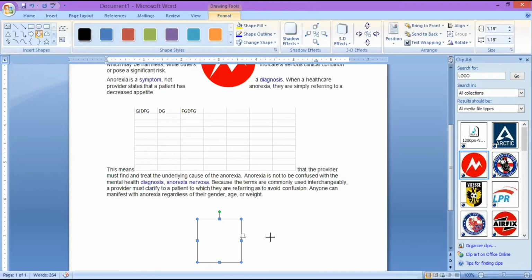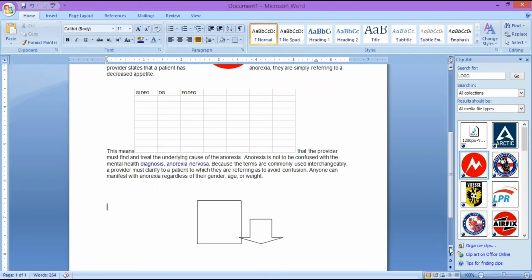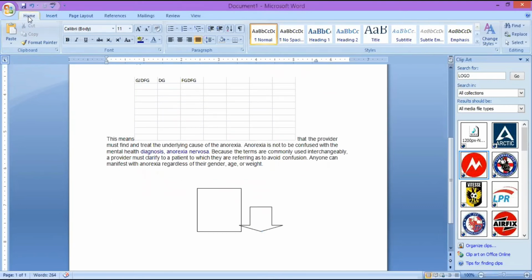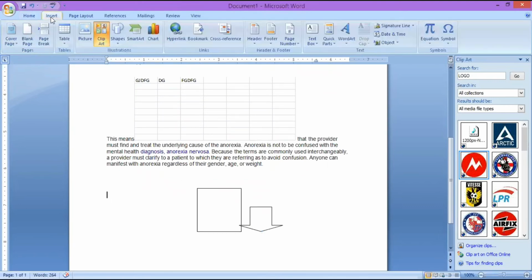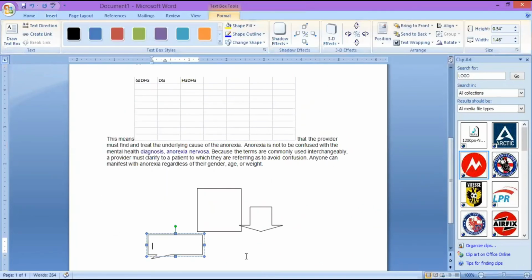If you want to use an arrow mark, you can use this. Especially this is used when you go for a drawing or a flow chart in your document. You have different shapes here. Whichever shape you want, you can select it from here.